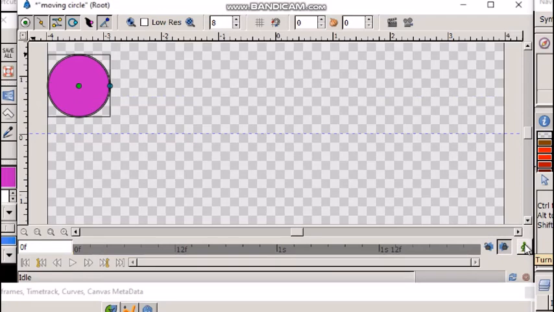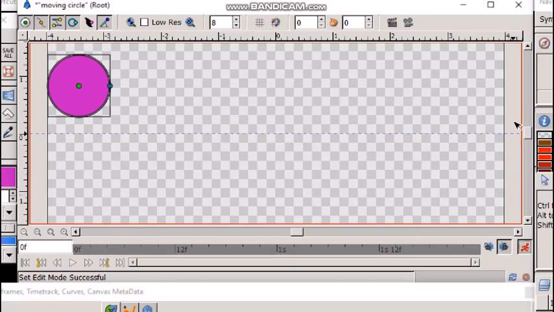Click on the green button. It turns into a red button like this and the canvas displays a red outline on all 4 sides like this. This means that now the animate editing mode is active and now we are ready to animate an object on the canvas.